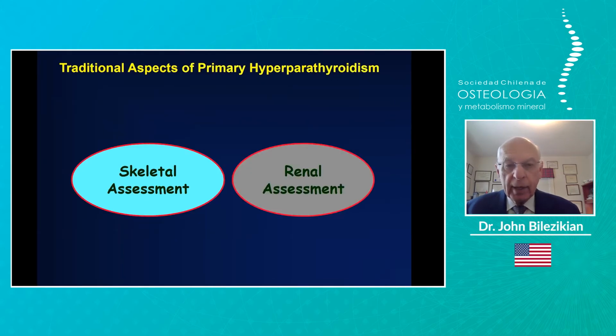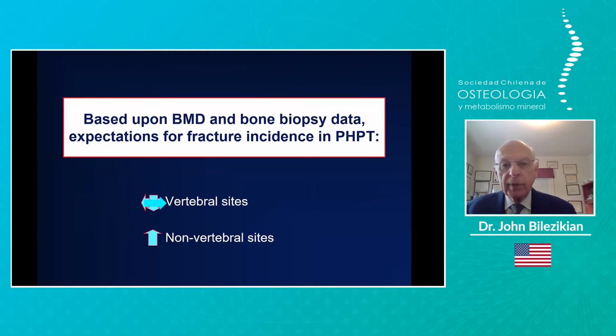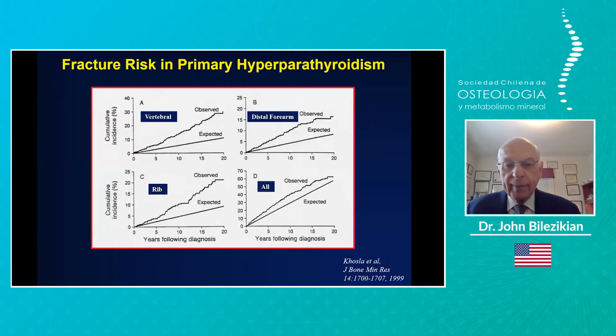Let me move now on to skeletal assessment. By virtue of bone density, one might expect that there would be an increase in non-vertebral fractures because cortical bone is compromised typically in primary hyperparathyroidism. In the central skeleton, which is more trabecular bone, you might not expect to be seeing very much of a difference in the incidence. However, this observation made by Professor Sandeep Khosla at the Mayo Clinic about 20 years ago